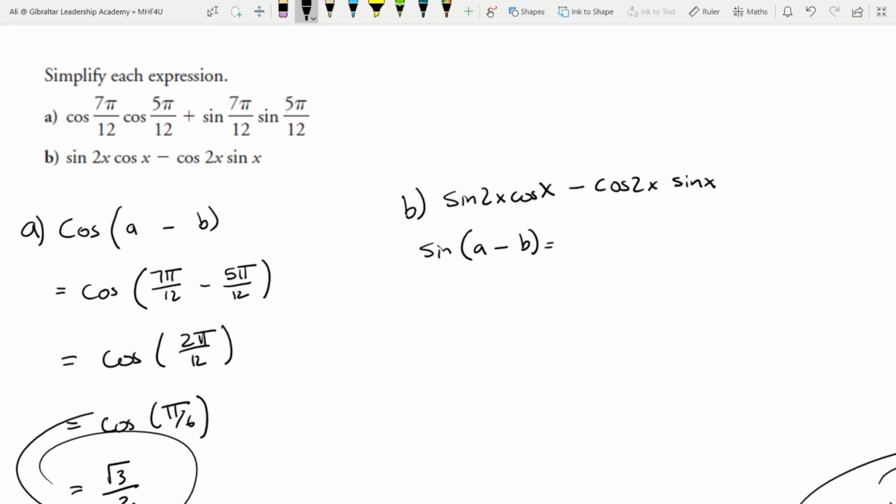Let's write our equation down here. This will be sine of 2x minus x, which means it's sine of x. And we don't need to solve any further. Our initial question has an x in it. Therefore, to have an x in your final answer is perfectly fine. And that's how you're going to be applying the compound angle formulas. It's important to get some practice in because these questions can become a little bit complex because of how many fractions there are, and the square root